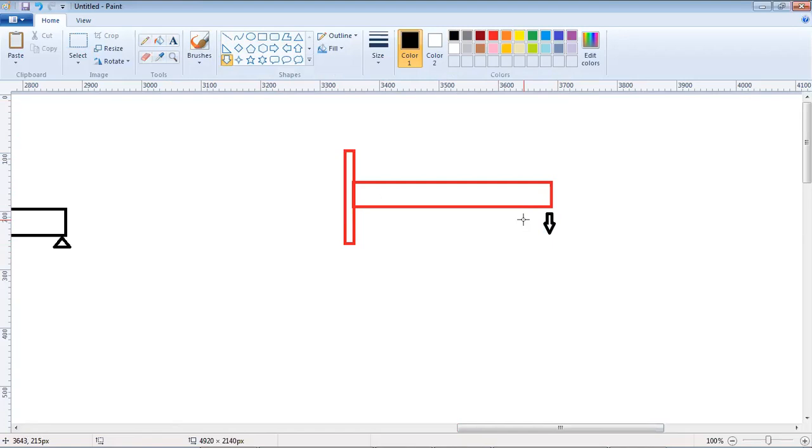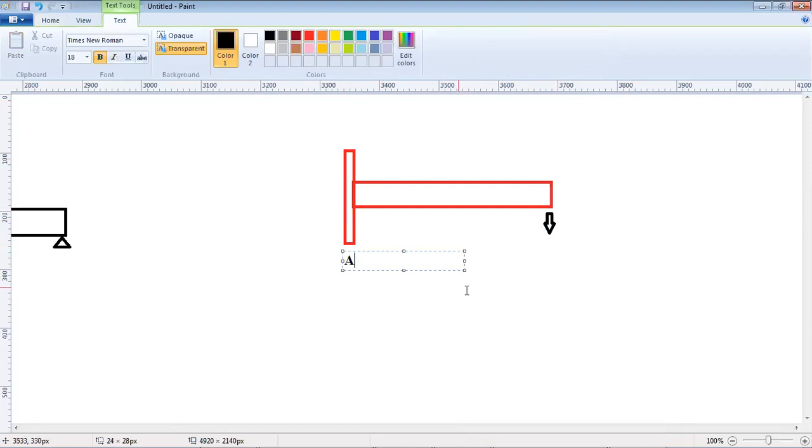The deflection would be happening under certain load. For example, if this point is A and this point is B,